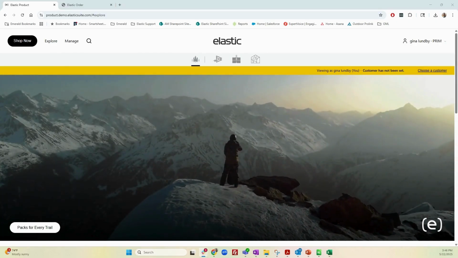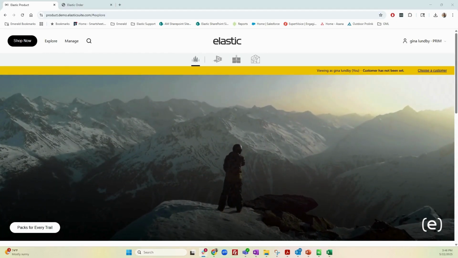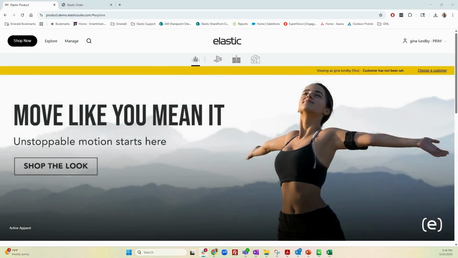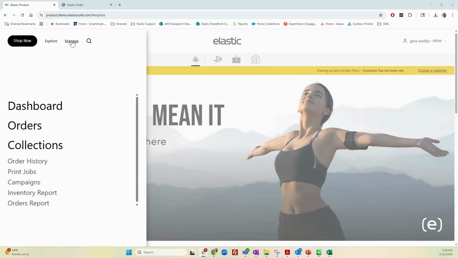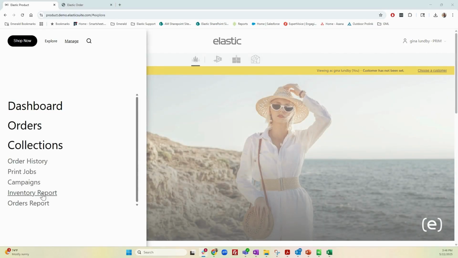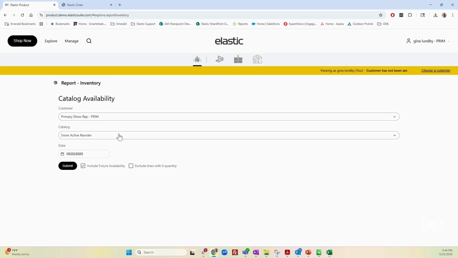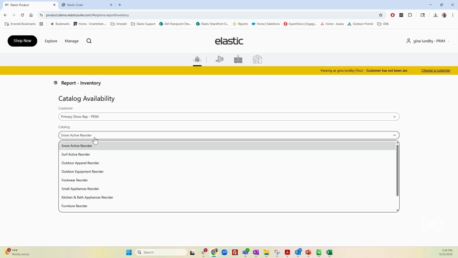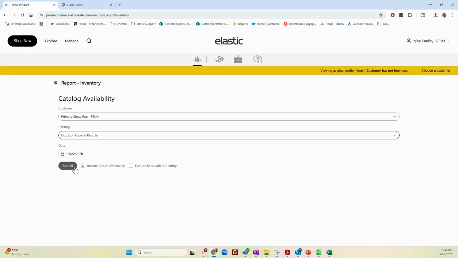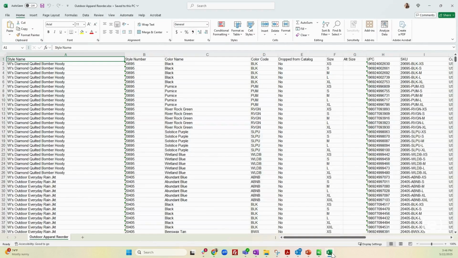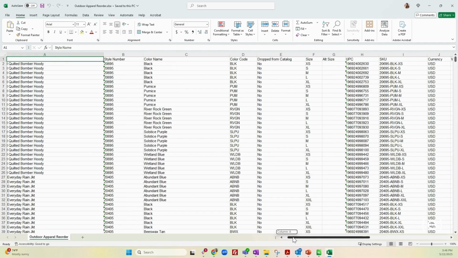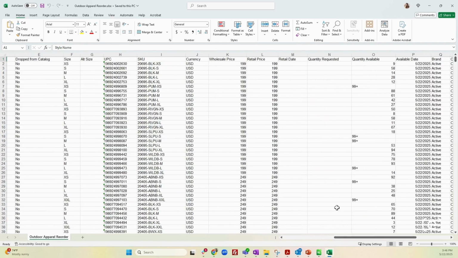One of my favorite tools within Elastic is finding ATS. And one way to do that is to run an Excel report. So come into Manage, open up Inventory Report, go ahead and select your customer, the catalog you want to run the ATS report for, and hit Submit. This will open up an Excel file right away, and you can go ahead and check your ATS column here